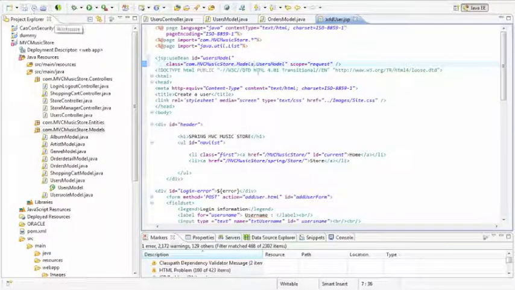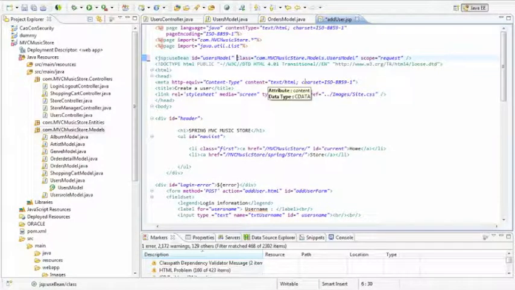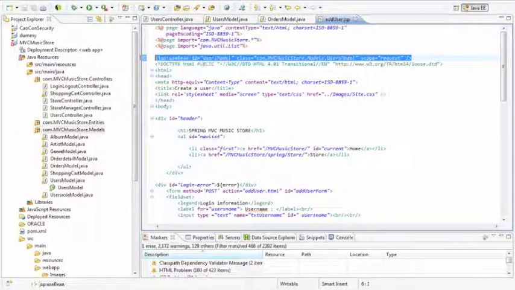Okay, go back to the user JSP. We have to declare a bean, because we use that bean. We always use beans for JSP. So in this one we use the user model bean. So we have to create a bean. This one we create a bean, user model bean. Alright, and one more time,